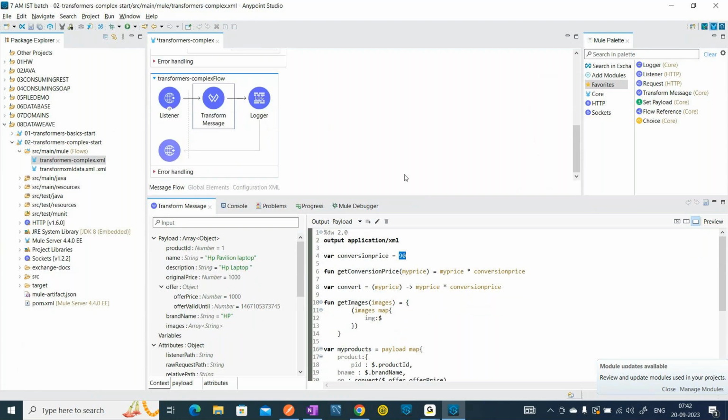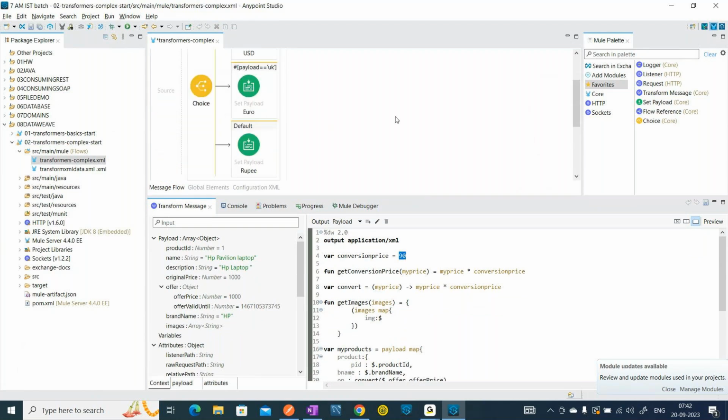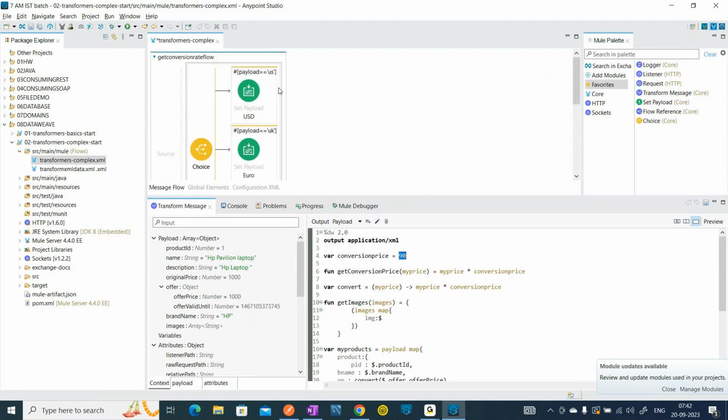So what I was discussing about. I want to invoke this get conversion rate flow. The output of the get conversion rate flow should be an